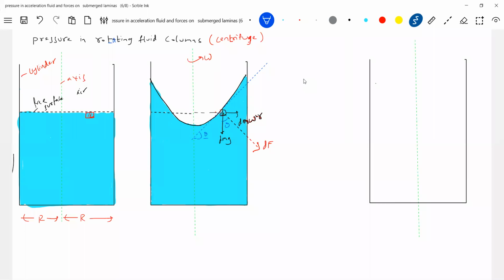Then what is the basic condition? There is a free surface. The net force along the free surface must be zero. So let's equate that. dm g sine theta minus dm omega square r cos theta equals 0. What is the reason? The net tangential force at any point on the free surface must be 0. So what is the equation we get here?